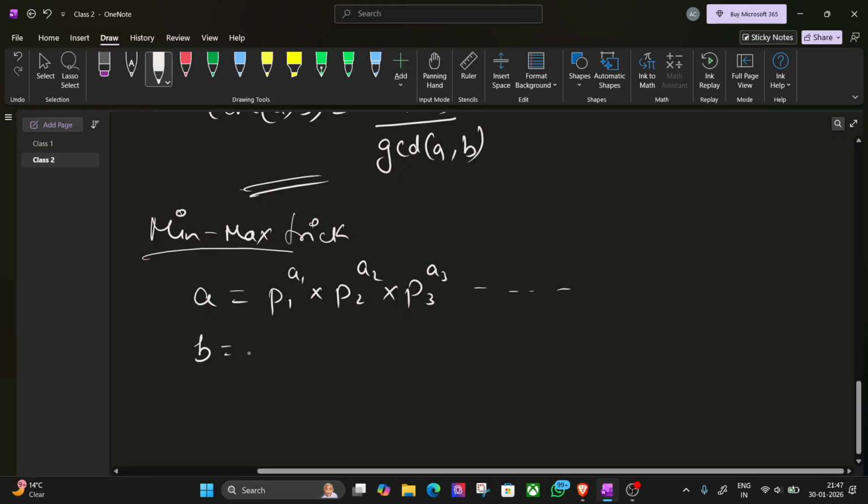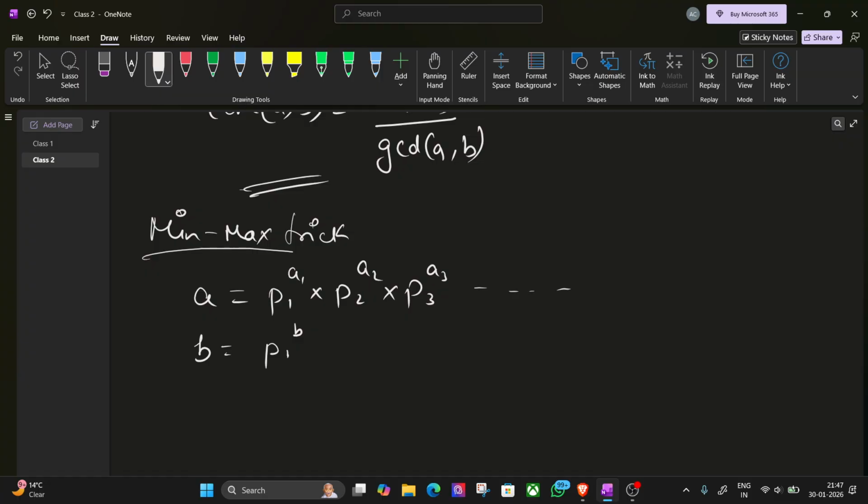And the number b is represented as, say, p1 raised to power b1 into p2 raised to power b2. Oh, I have taken a1 here, so let's change this. The number is already a, so I can write it as something else. Let's say x1, x2, and x3. This is y1, y2, and y3,